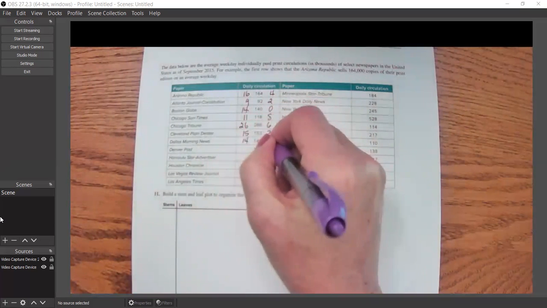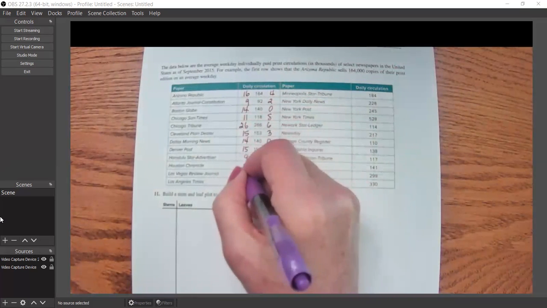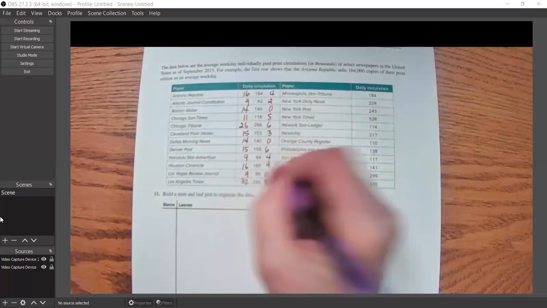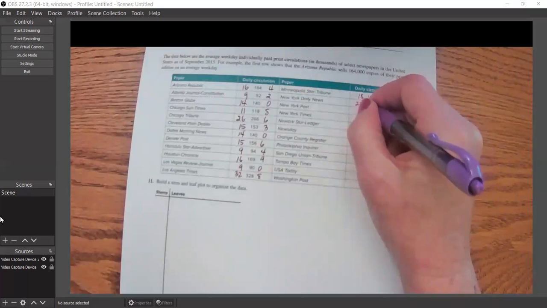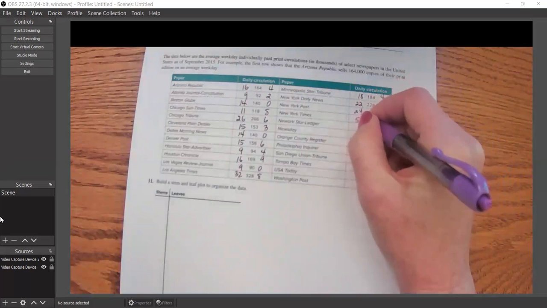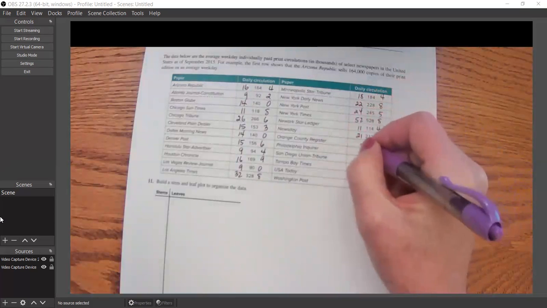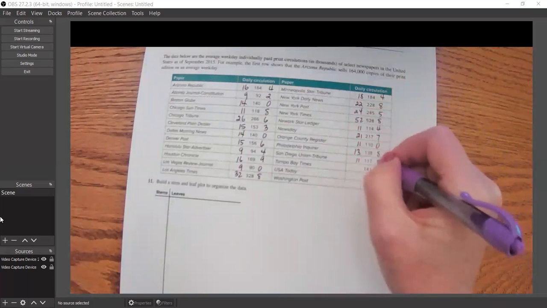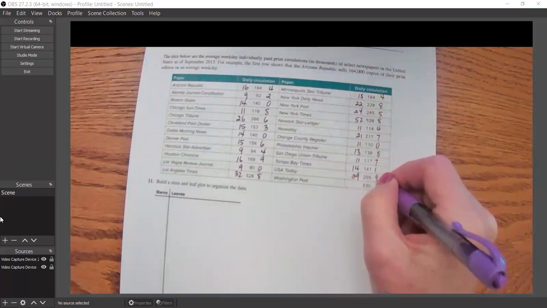So here we have a 14 and a 0, a 15 and a 6, a 9 and a 4, 16 and a 9, a 9 and a 0, a 32 and an 8, 18 and 4, 22 and 8, 24 and 5, 52 and 8, 11 and 4, 21 and 7, 11 and 0, 13 and 8, 11 and 7, 14 and 1, 29 and 9,